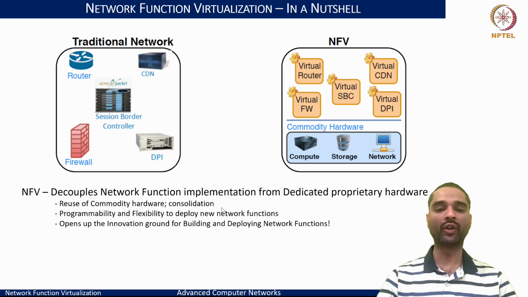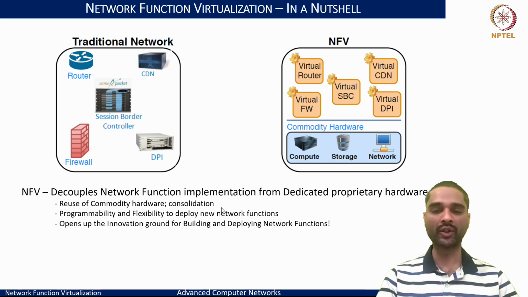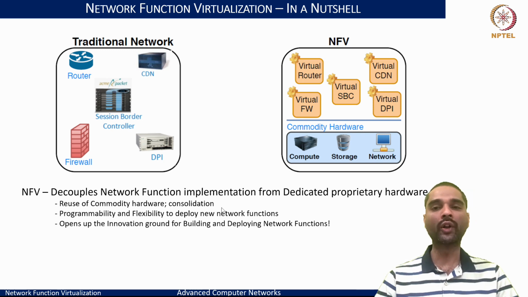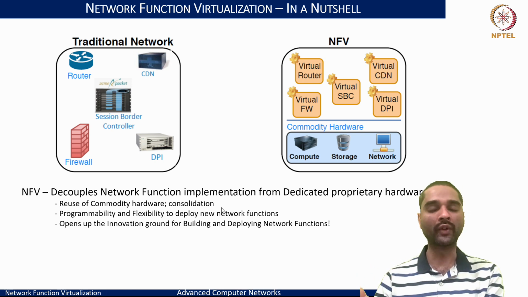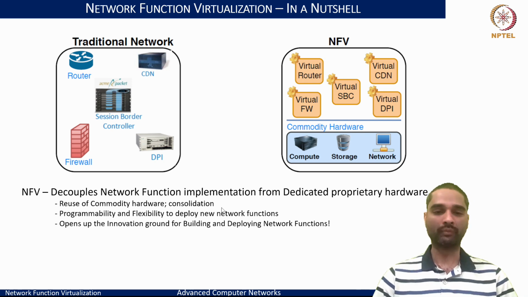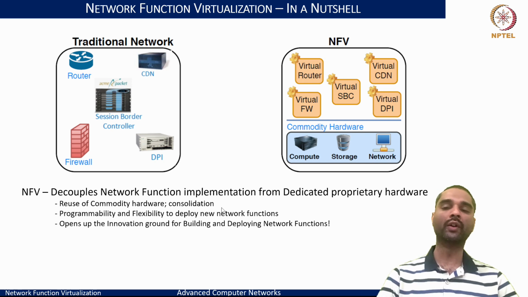And for very simple reasons, if we have this kind of a model, then we can have multiple of these functionalities being run on a single machine. So we don't need to buy specific hardware from different places or have to buy n distinct hardwares for running n distinct functions. We can consolidate them and run just one or two of these hardwares, which would facilitate running multiple of these network functions. And that's also going to provide us another benefit when I think of virtual router and firewalls all being run on the same hardware.